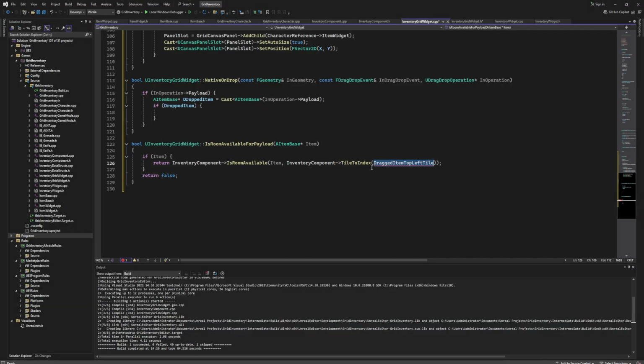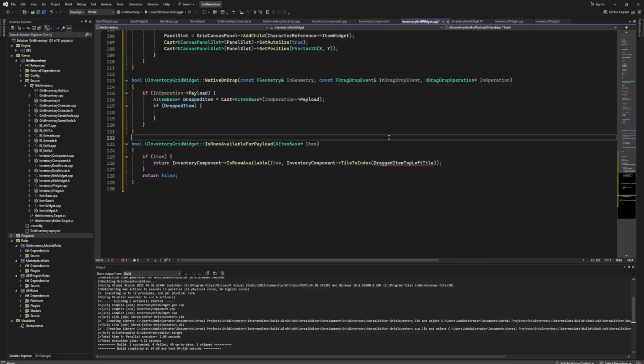Later we are going to do some calculations with this dragged item top left tile. Whenever we want to drop our item, we do some calculations with our mouse position, and we are checking if there's available room at that specified place,